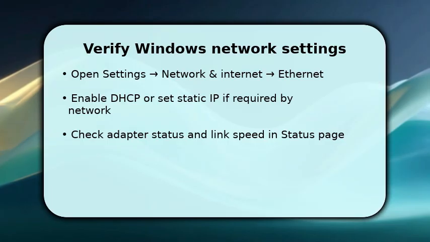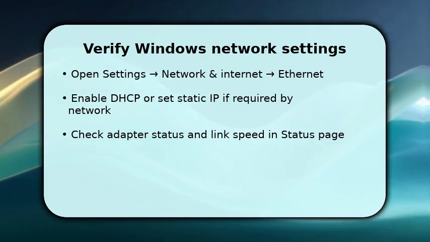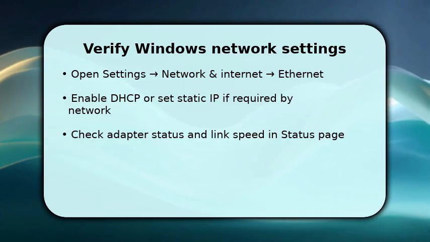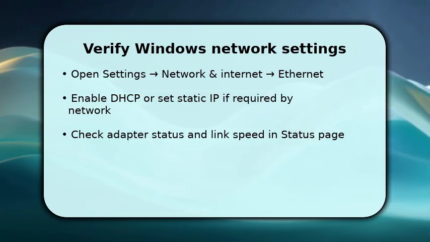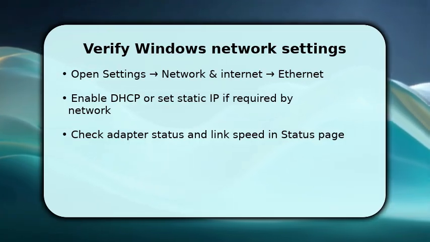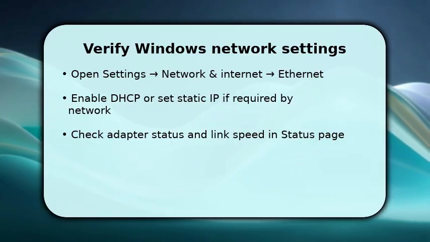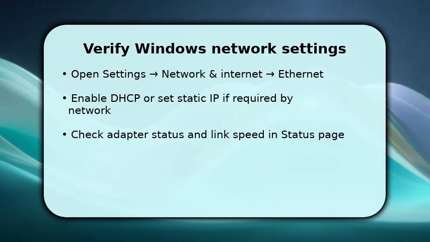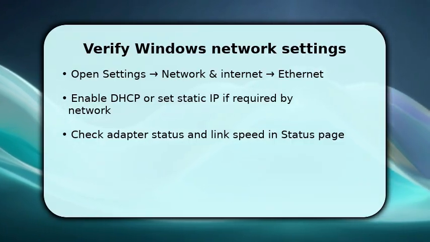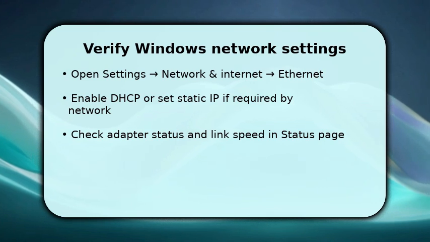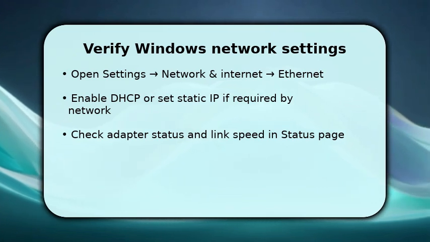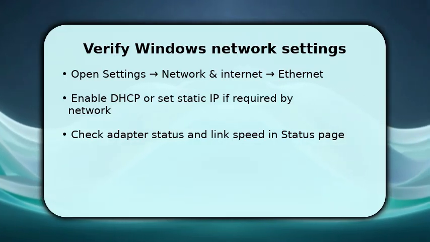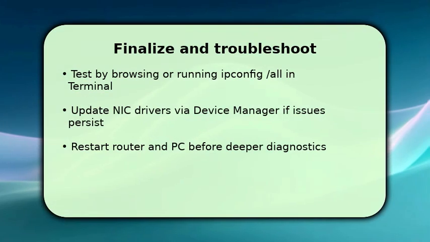If your network uses DHCP, confirm IP is assigned automatically or enter the static IP details provided by your administrator. Also check link speed and adapter status on the status page to ensure the interface negotiates correctly. If the adapter is disabled, enable it in Change Adapter Options. This restores communication. To finish, test connectivity by opening a browser or running ipconfig /all in Windows terminal to confirm IP, gateway, and